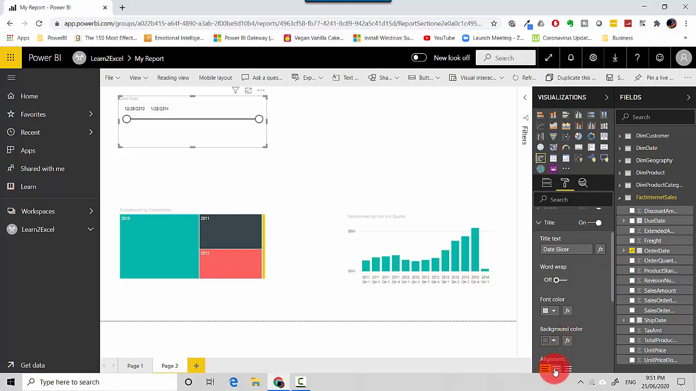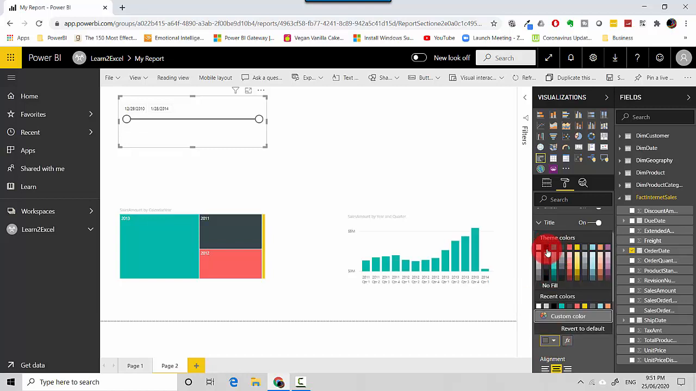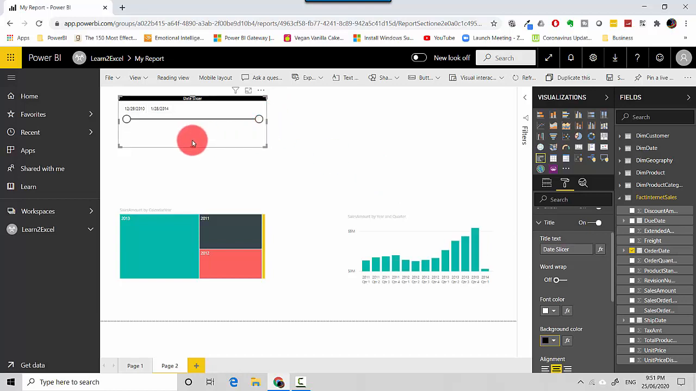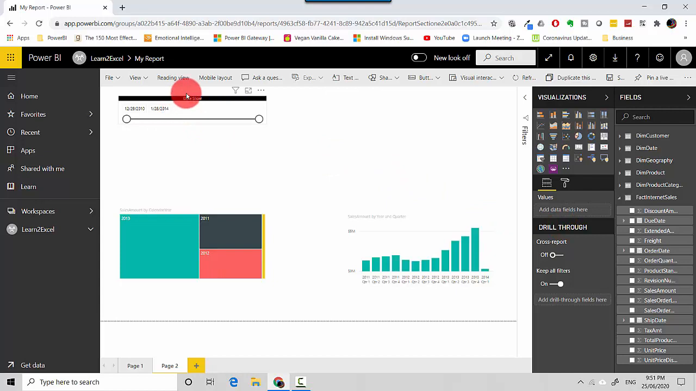You can change the color or you can centrally align it. You can change the font color to maybe white. You can turn the background color to a black. So you can make other changes as well as you go along this and sort of just go through the formatting tab. But in this video we've essentially learned or covered the topic of adding a slicer into a report